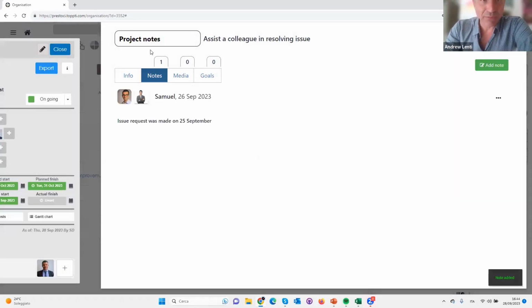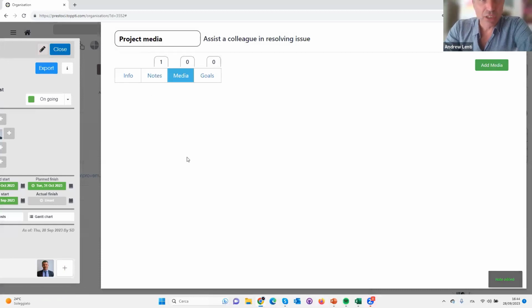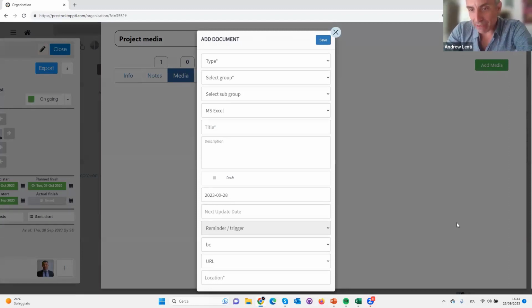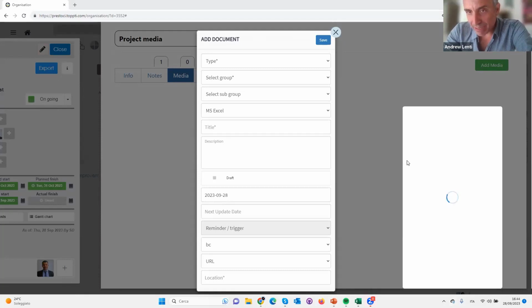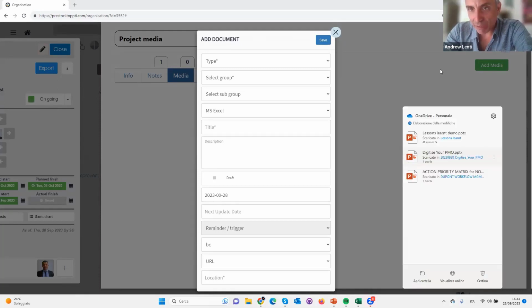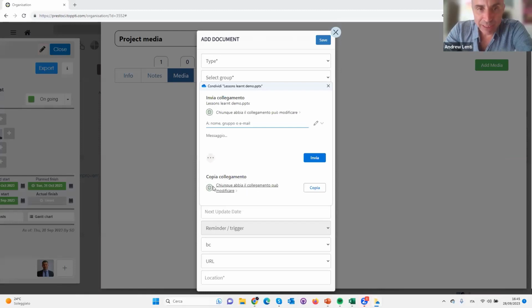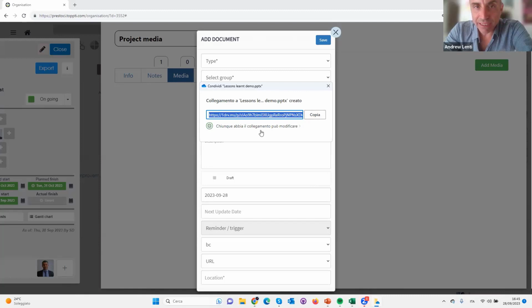And now you're adding notes. Here you have the possibility to add documents. So let's just take a random document from my OneDrive widget at the bottom of my screen. So you can see, here's where I have all the documents. Every time I save a document in my OneDrive, it gives me the history here. So I saved a PowerPoint presentation 48 minutes ago. I'm just going to grab this and grab the URL, the link, and you can see there's my link, copying the link, and I'm going to